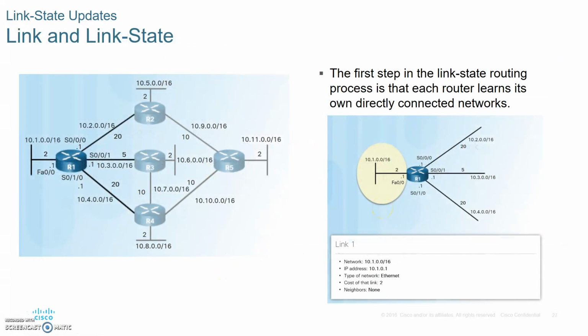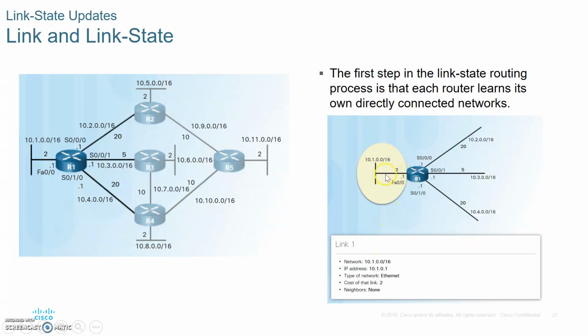Let's look at the process in detail. Using this topology, we'll look from the view of R1. The first step of R1 is to learn about its own directly connected networks. So R1 has this network